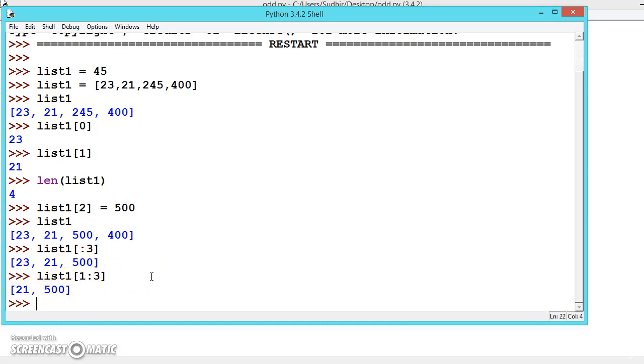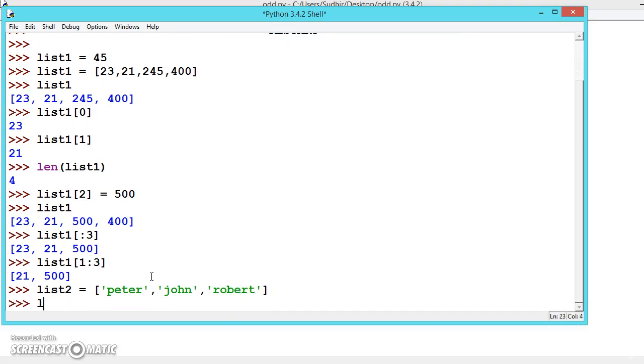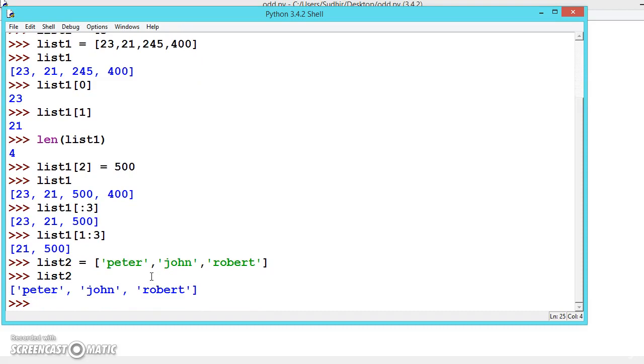Now we can also create a list of strings, in the same way we created the list of integers. For this we create Peter, John, let us say Robert. So we have created list 2.